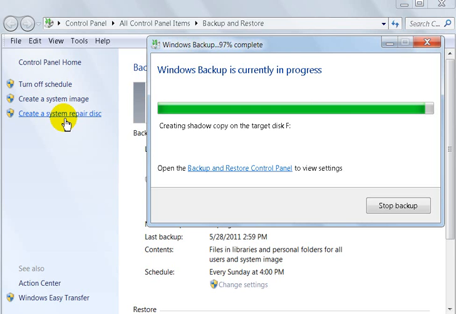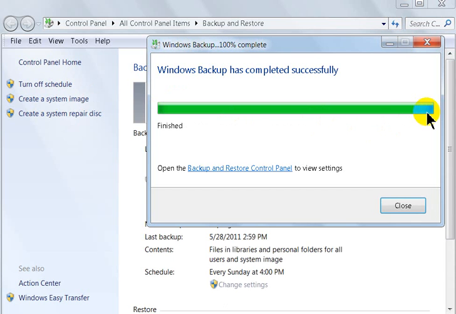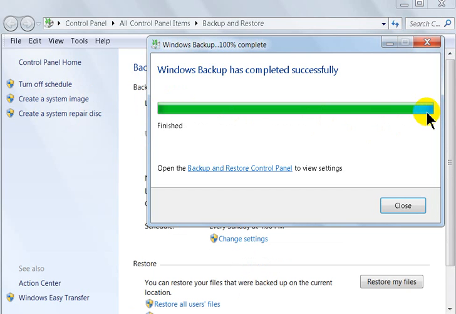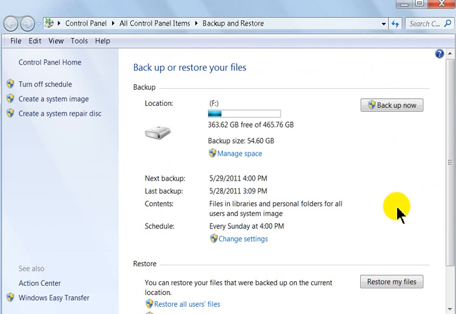And there you can see that the backup is almost completed. It will be ready, it'll stop in just a moment. And we have made a complete backup in less than 10 minutes. And it's completed successfully. So we will close it. And that's all there is to making a